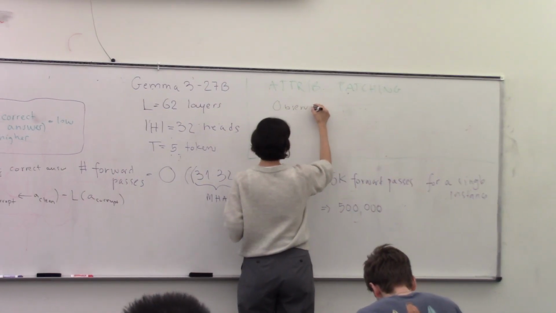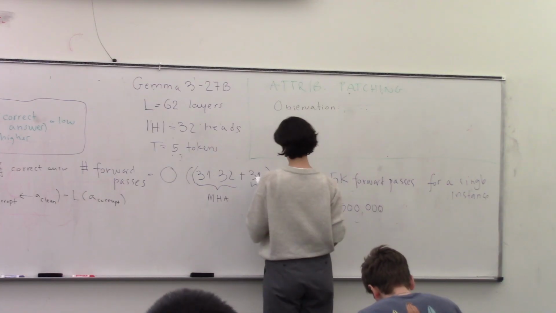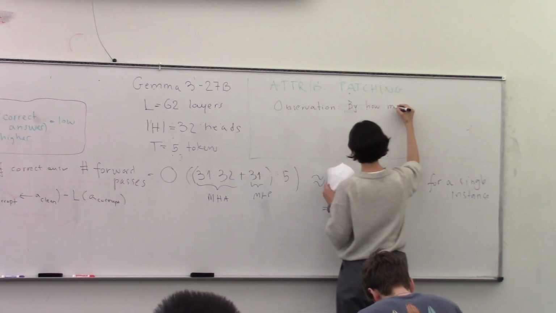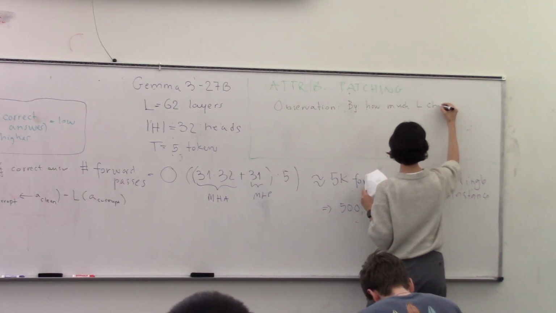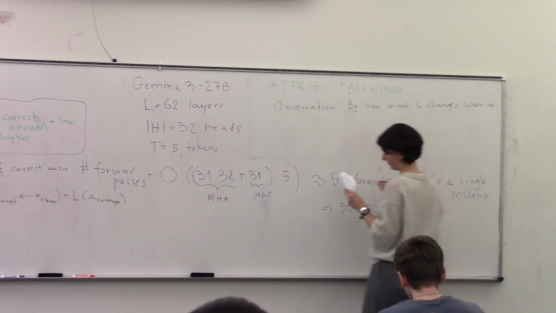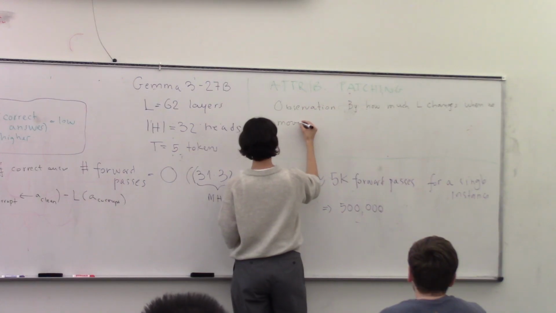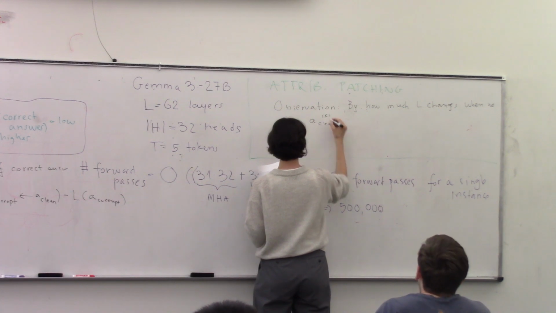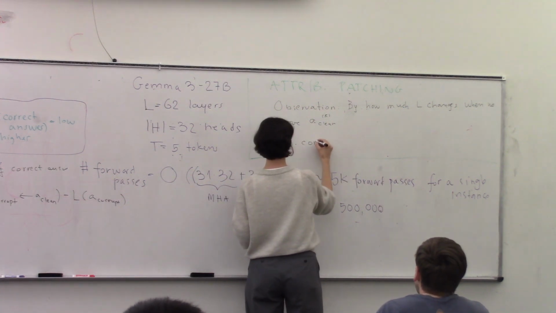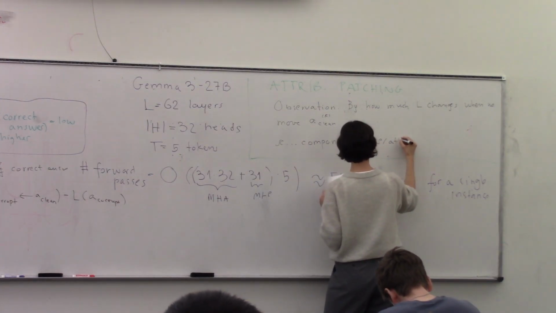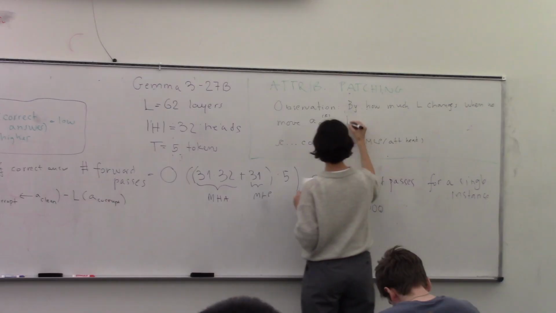attribution patching starts with the observation that we are basically trying to measure by how much L changes when we move the activation, A clean, from component C. So C is a component like an MLP module or attention head, to